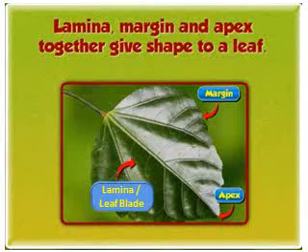Next part. Now children, the shape of a leaf. The shape of a leaf is given to it by three different parts. The three different parts that give shape to the leaf are lamina, or we can call the leaf blade, margin and the apex. You can see each and everything, it's marked through the arrow. Now I'll define and tell you what are which.